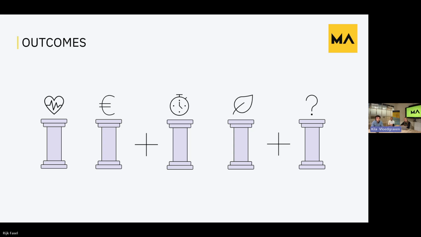So if you include a new diagnostic test, how will that change the total time spent by healthcare professionals throughout the pathway? And an important part that we believe is getting more and more important is also to look at environmental impact. If you change something in the diagnostic workup, we believe that it can have a big influence on